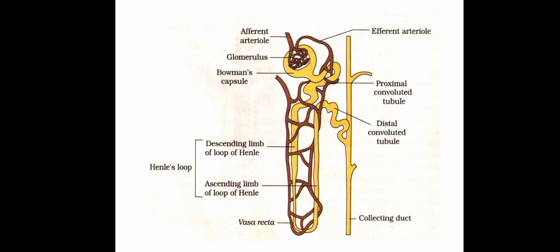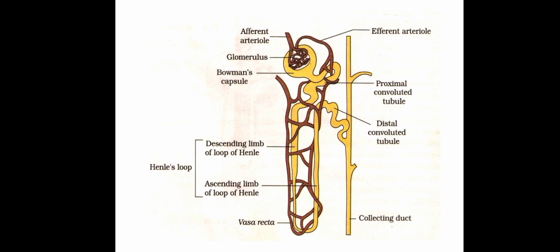See, the yellow colored thing is our nephron, and the reddish black colored thing is the peritubular capillaries. The yellow colored thing is the total structure of our nephron, and the reddish thing is the peritubular capillaries. These capillaries originate from the efferent arteriole, and finally they are connected with our normal body blood supply. So these are the peritubular capillaries.